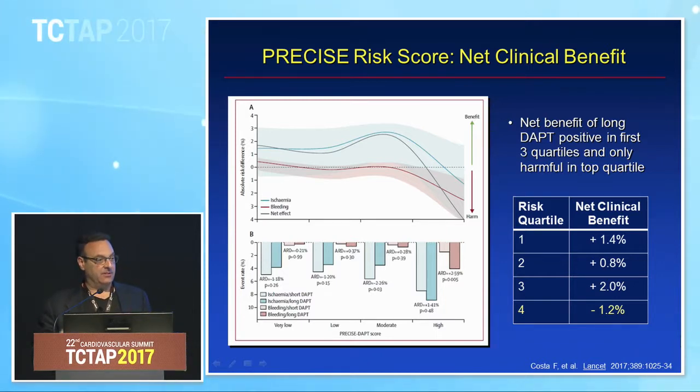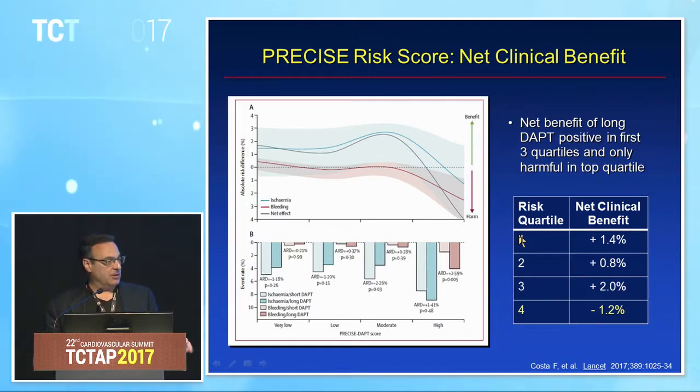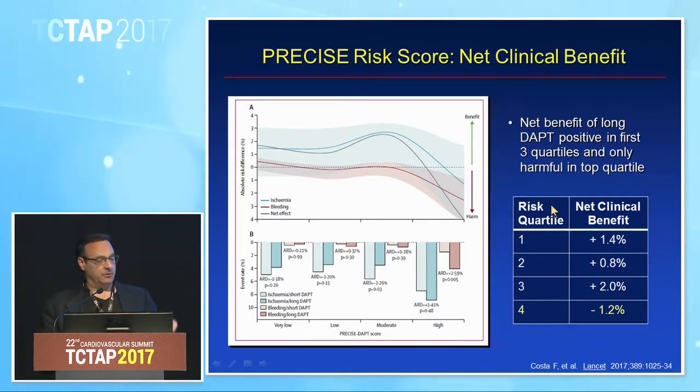And so again, I think that this bleeding risk score, which is a brand new score, but is fairly easy to apply, may be very, very helpful in identifying particularly the patients in whom we want to give short-term DAPT after drug-eluting stents, like 6 months or even down to 3 months in some cases. And this can be used, again, to decide things like what type of stent you're going to use. If the patient has a very, very high PRECISE bleeding risk score, maybe you want to use a stent that you're very comfortable, you can